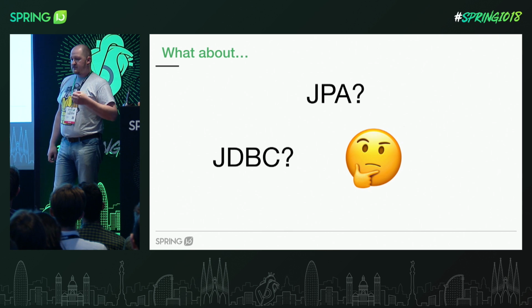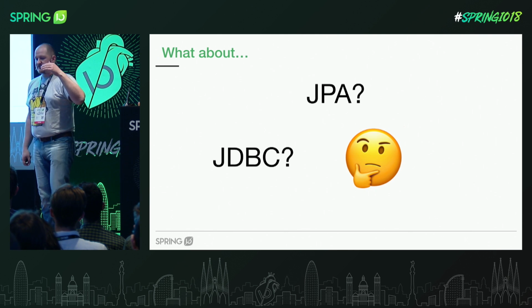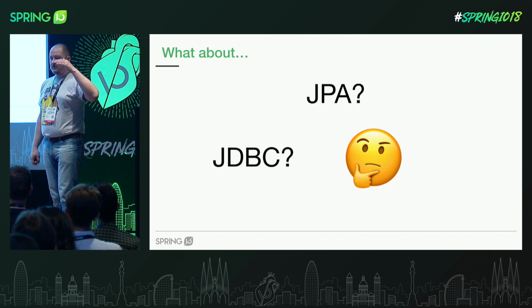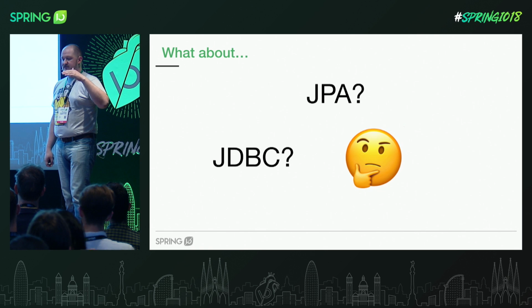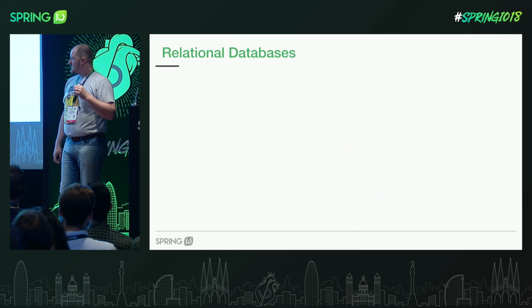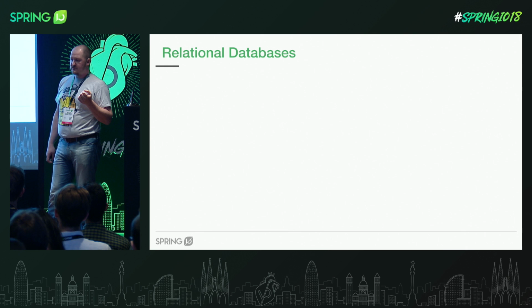JDBC is a blocking API, which requires an imperative execution model. So one thing happens after another in a blocking, waiting style. One operation has to complete before the next can start. And this doesn't really fit into reactive thinking. So relational databases typically come with blocking drivers. There are a few exceptions, but they are very rare. That's one reason. Another reason is